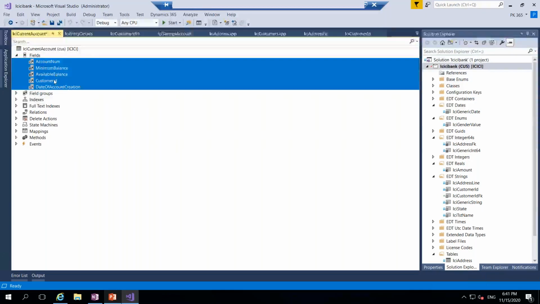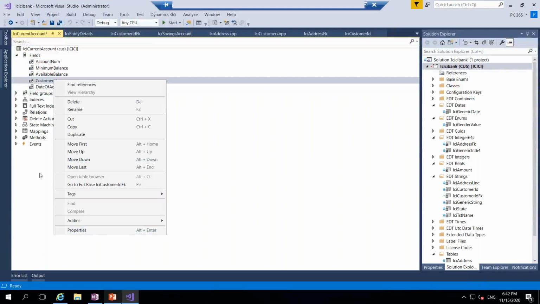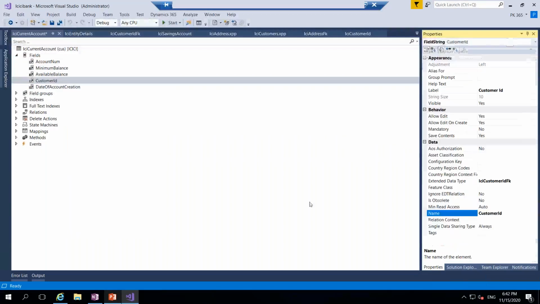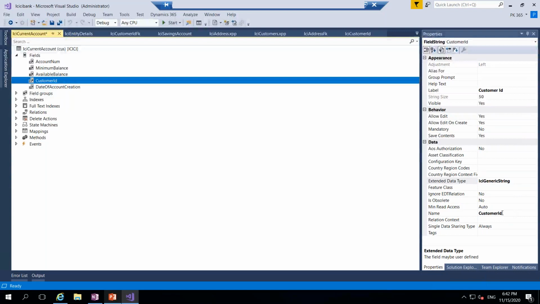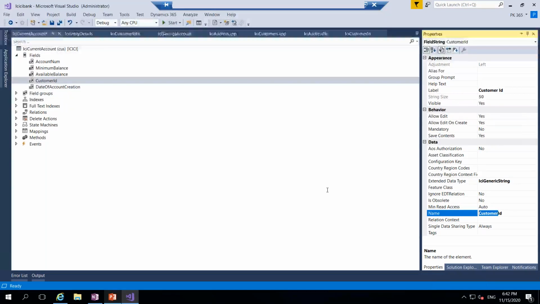Okay, and here I have the customer ID foreign key. I can keep the same thing, no worries. Or if you want to change the EDT, you can make it ICI generic string, and then here you can call this as, instead of customer ID, you can call this as entity ID, and here as well you can call it as